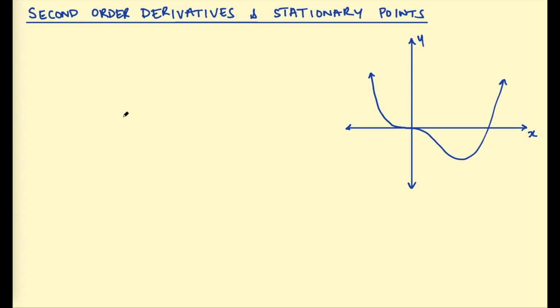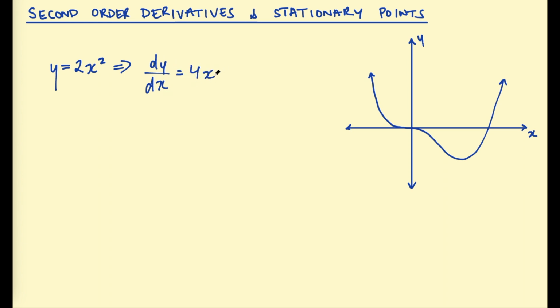Let's start with second order derivatives. This is straightforward if you already know how to differentiate. Let's start with a function like y equals 2x squared. We've learned how to differentiate this using the power rule. So we multiply the coefficient by the exponent and then subtract 1 from the exponent, giving us dy/dx